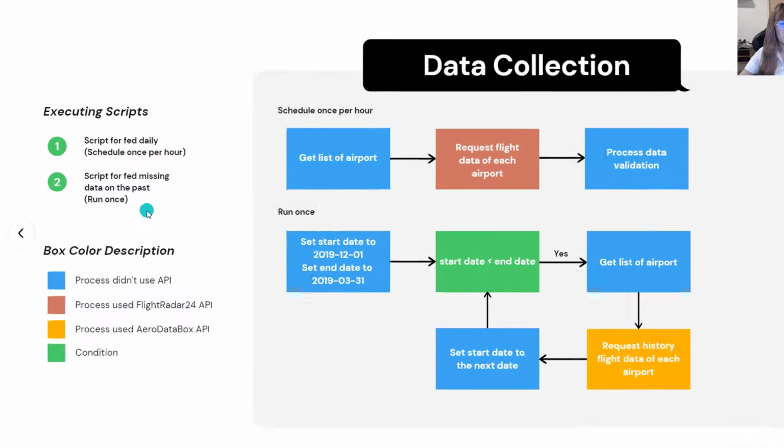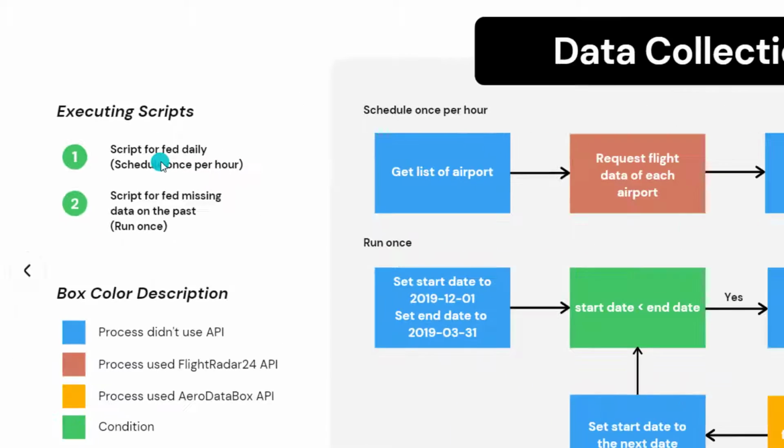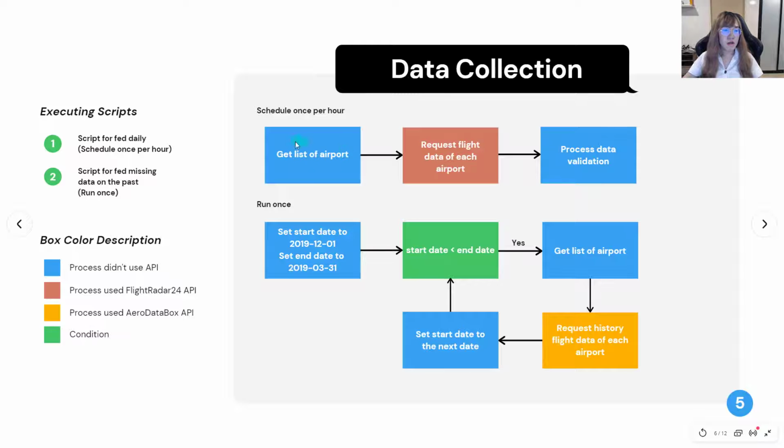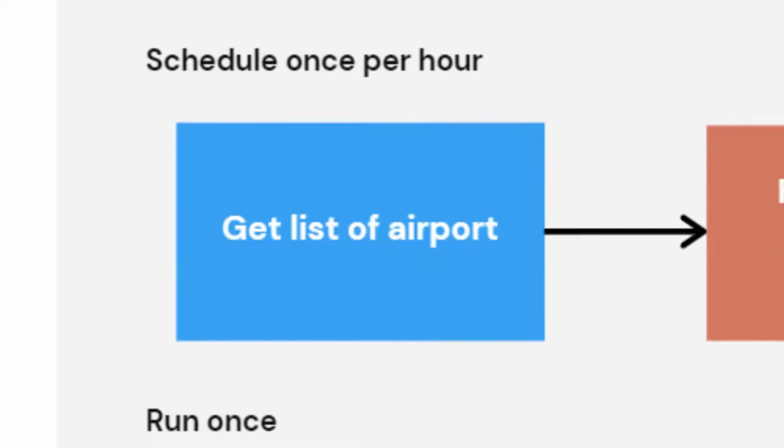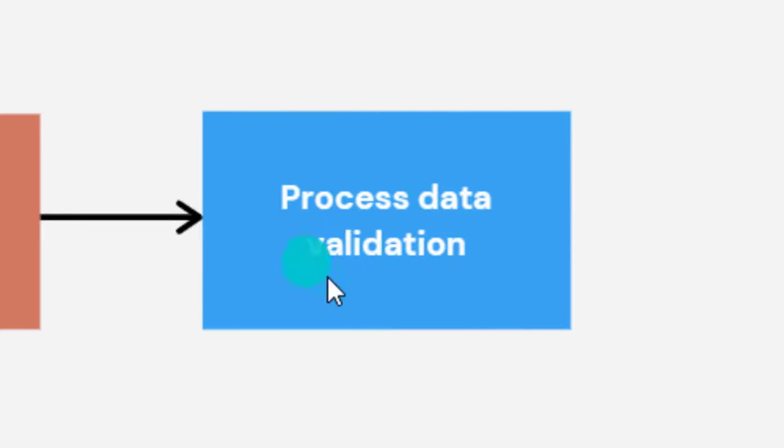That is why I have two scripts. The first script is the operation that fetches flight data daily. I schedule this script once per hour. This script will get a list of all airports, and then for each airport, it will request the flight data from the Flight Radar 24 API. After that, it will process data validation to remove duplicate data, and update the flight